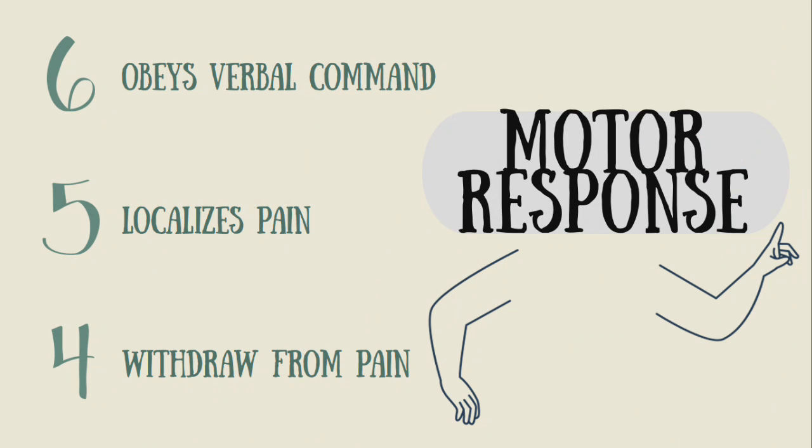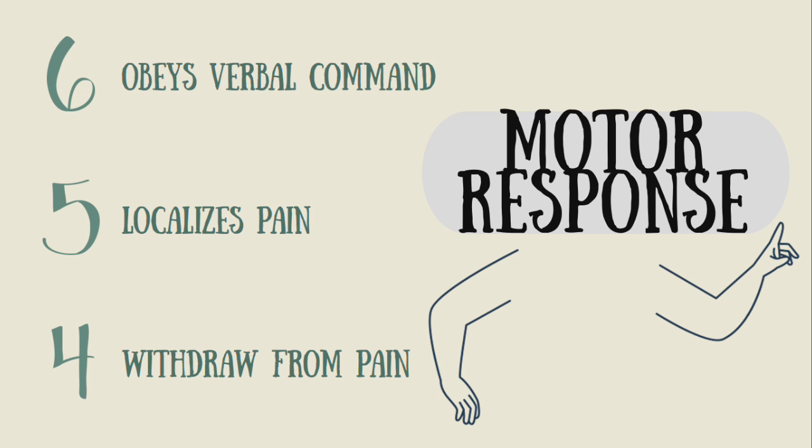For the motor response, a maximum possible score of 6 points. The final part of the Glasgow Coma Scale assessment involves assessing a patient's motor response. We should score the patient based on the highest scoring response we were able to elicit in any single limb. For obeys verbal command, ask the patient to perform a 2-part request such as, "Ma'am, can you lift your right arm off the bed?" or "Can you make a fist?" If they are able to follow this command correctly, then they would score 6 points